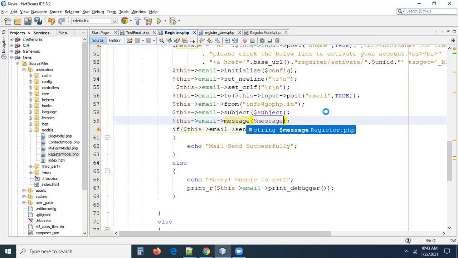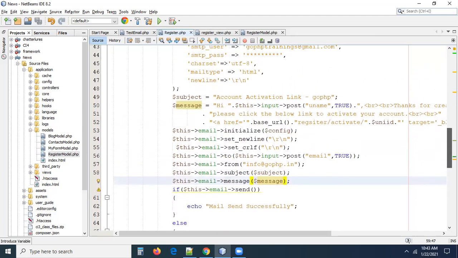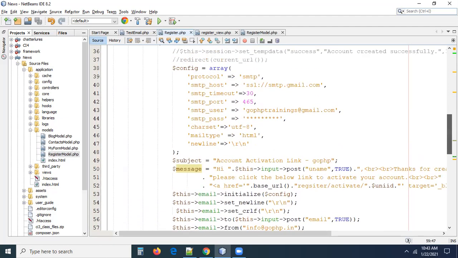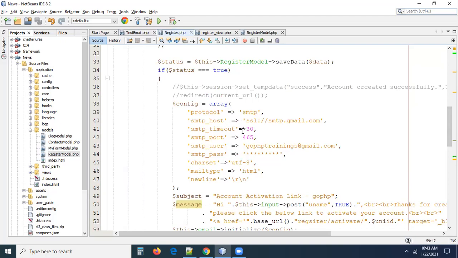$message. Guys, once this SMTP configuration is completed, we prepared the message body and all the necessary parameters we have here, to whom we have to send an email and all. So this is very important. And here you have to provide the valid working password. I'm not providing that password right now. So now if you try, you cannot get the mail, guys, right? Because I didn't. Anyhow, I will update the password. We have to check it now.